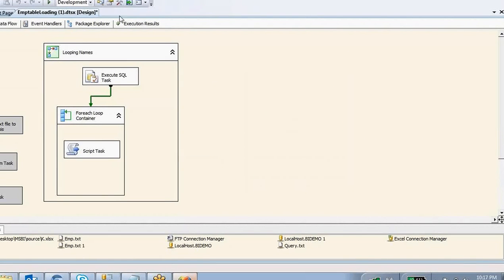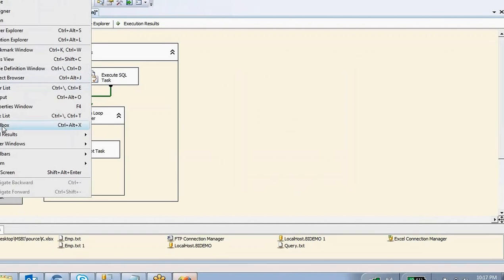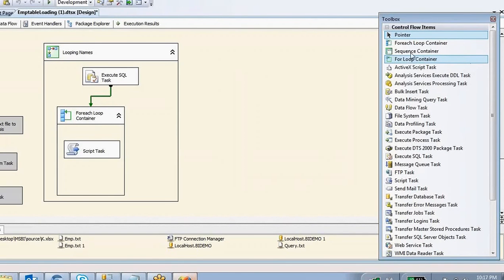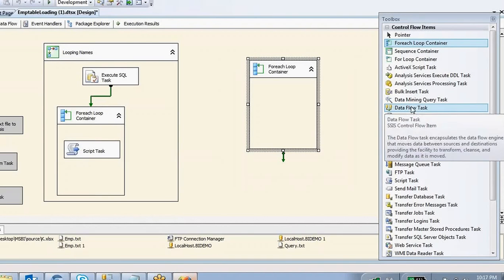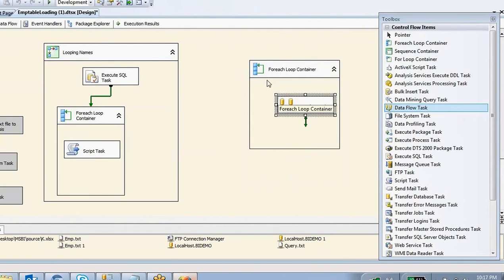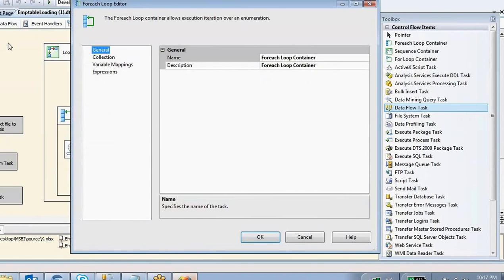In these kinds of scenarios, you just delete that one and create it once again. I don't require any sequence container right now. I'm going to use a for each loop container and one data flow task inside. I'm going to configure this for each loop container.